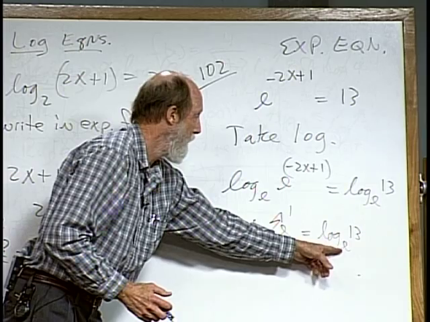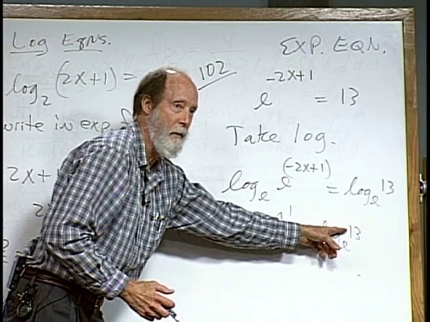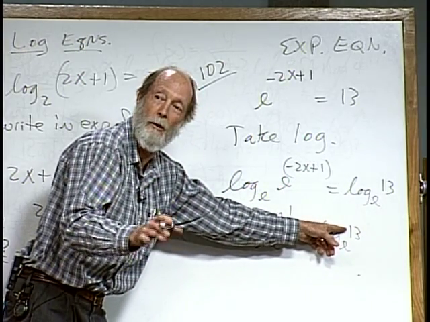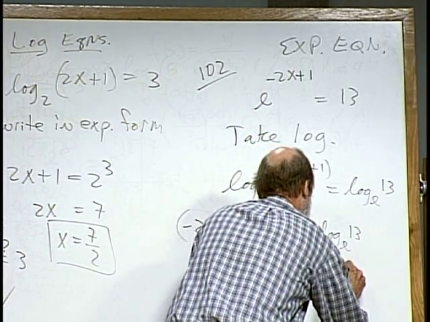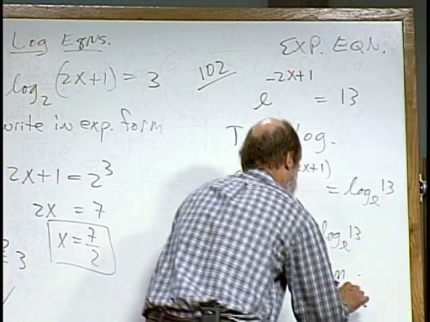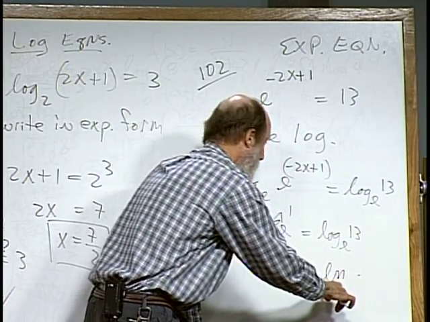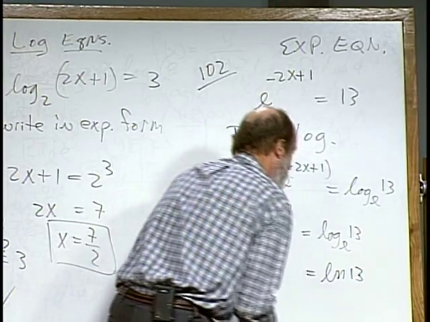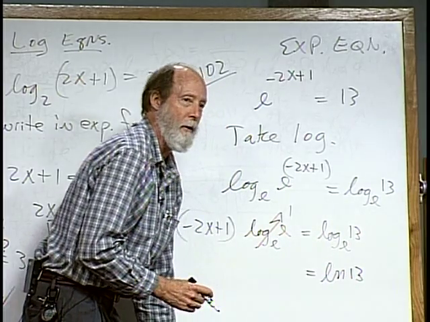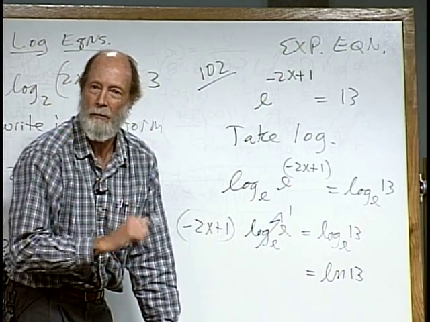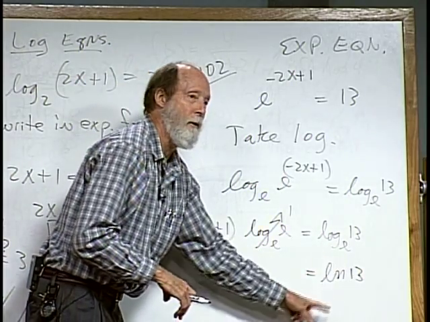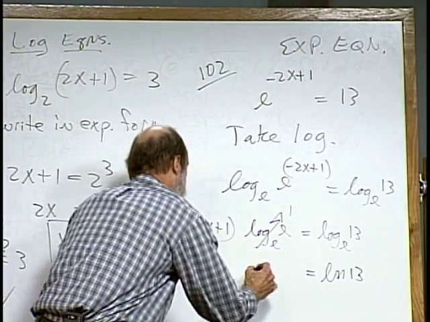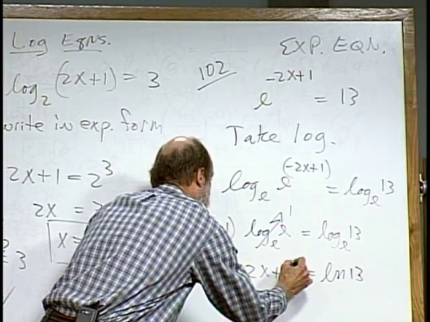It's the exponent of e that gives you 13. It's just a number. And it's available on your calculator. The symbolism for log base e is abbreviated ln, meaning natural logarithm. So we want the natural log of 13. You can punch it on your calculator, and you're going to get a number a little bigger than 2, less than 3, ln of 13, and then you're going to solve this thing for